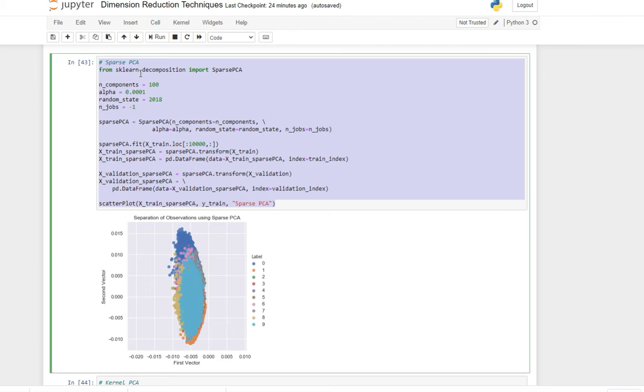But for Sparse PCA, it doesn't use all of the features. It retains what is called a degree of sparsity. It chooses a certain number of features. Instead of using all 784, it might only use, let's say, 500 of the features to do